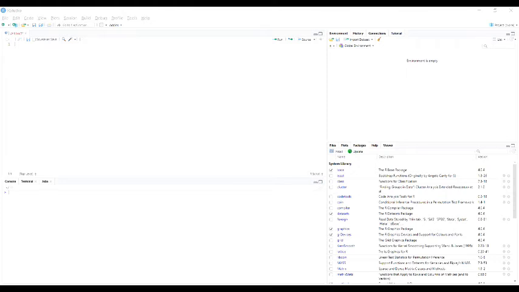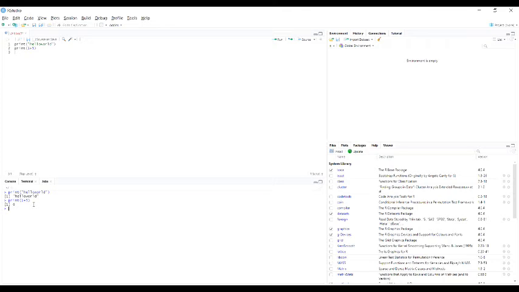First we will work with a small function, the print function. I just want to print hello world, so I am giving the print function and double quotes hello world. If I run this line in the console, I am able to see hello world. Let me say I want to add 1 plus 5. So print of 1 plus 5. What's the result here? 6. We are able to see it.